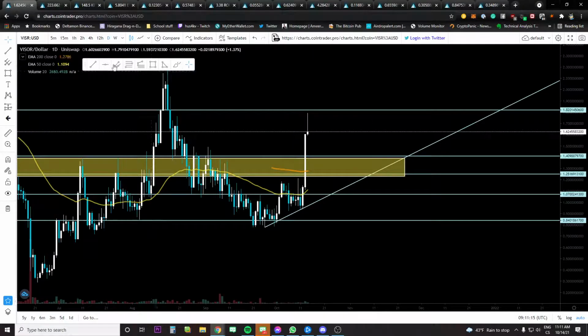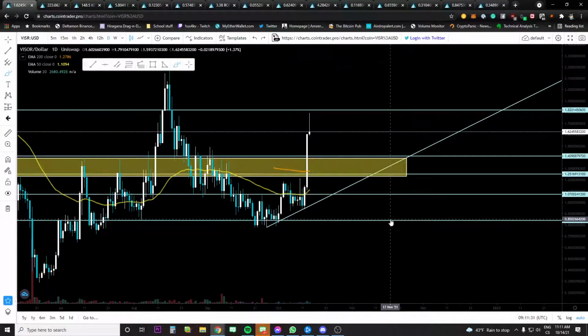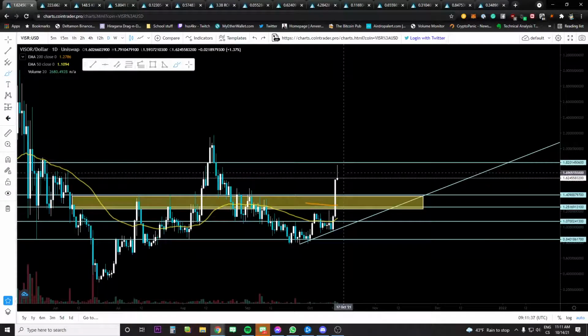Right now we hit this resistance. I expect this to go down and possibly retest this. So 140 would be the first buy. If that can't hold, then 125 would be the other buy, because this should now serve as support, right? So yeah, you should be selling parts. I actually sold at 170. I sold 1/3,